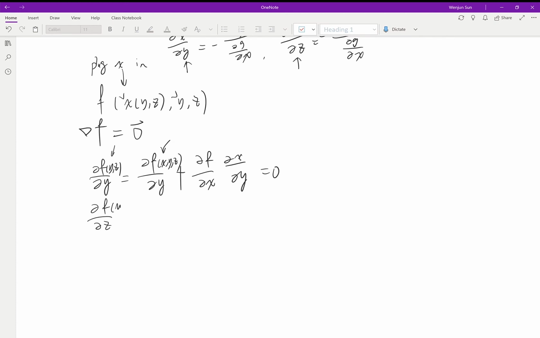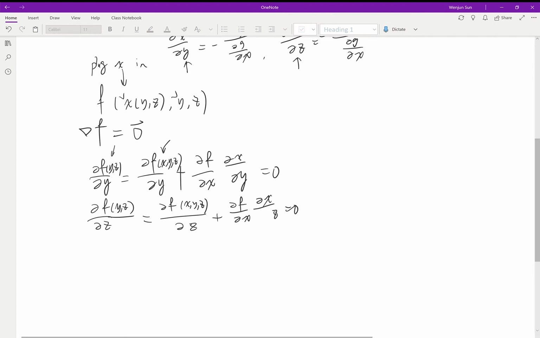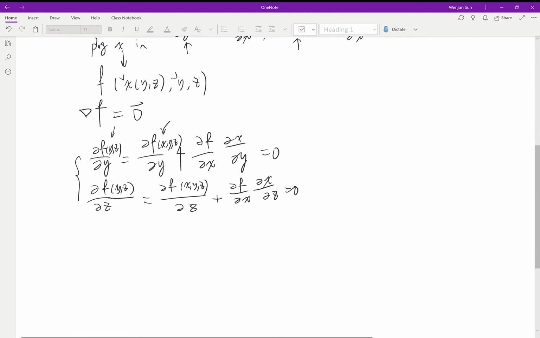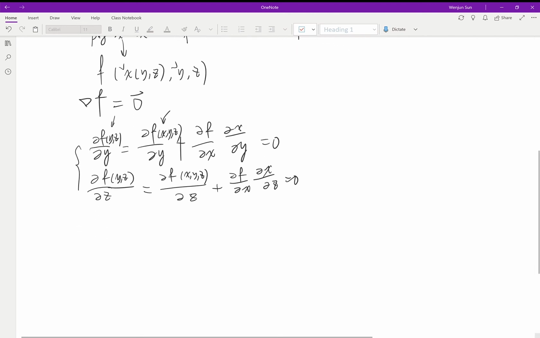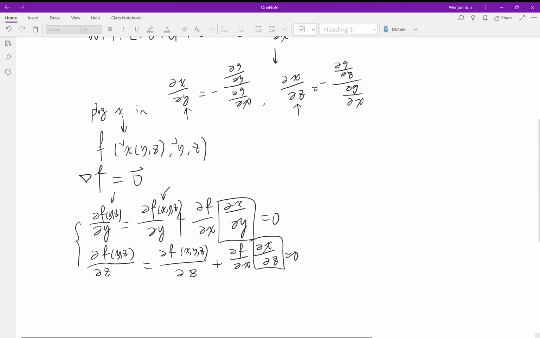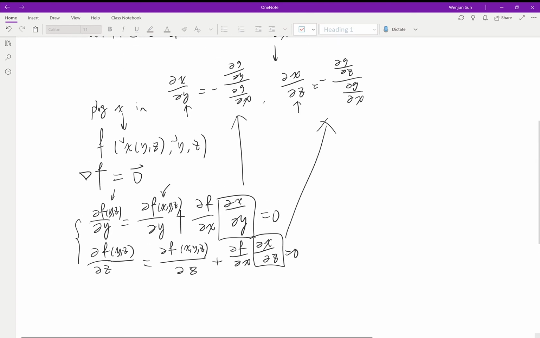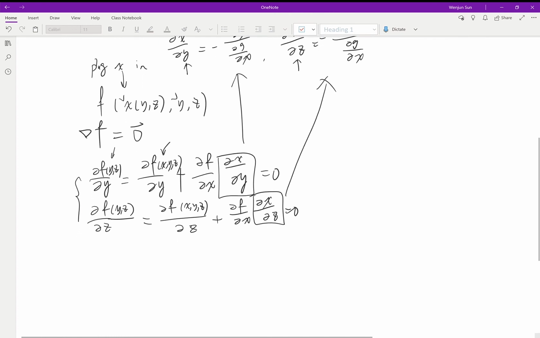Del f of x, y, z over del z, right? Plus del f over del x, del x over del z equals 0. That's our condition, right? We set the gradient equal to 0. We have these two equations to solve for. And then we know that del x over del y and del x over del z are given here and here, right? So we plug them in, we get